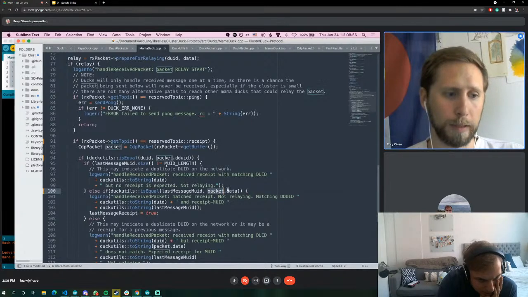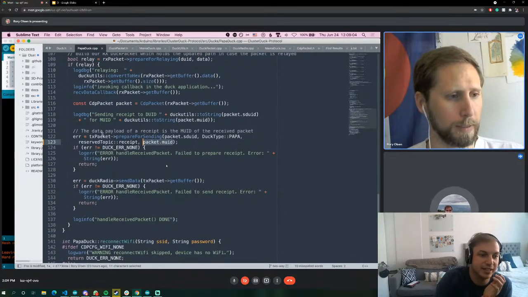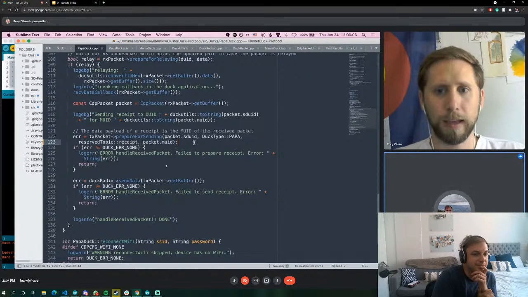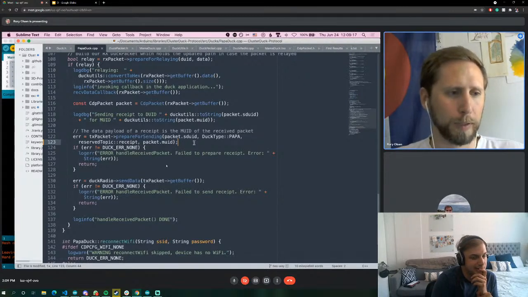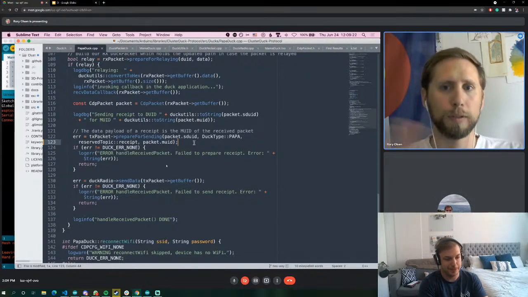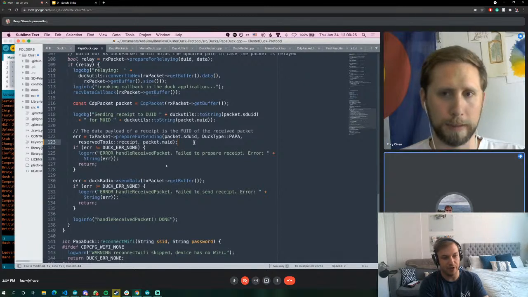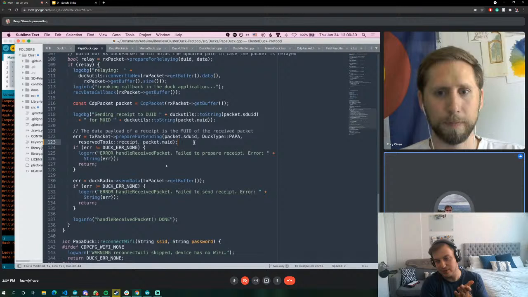Currently I've put the MUID into the data payload. That's right, it is in the data payload, and that does need to change to have a better policy or protocol. For example, we could ACK multiple MUIDs, or Papa Duck could, on some kind of interval, ACK out to multiple ducks all of the MUIDs that he's received, like a batch. That's a maybe interesting conversation that we can continue on